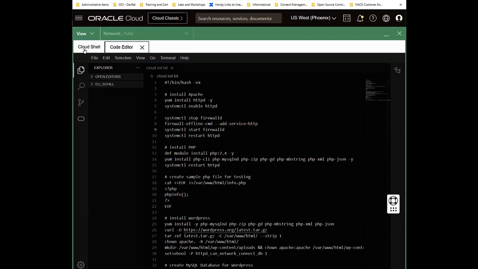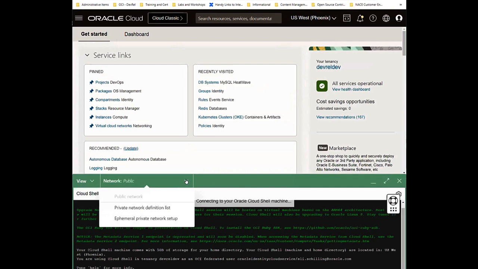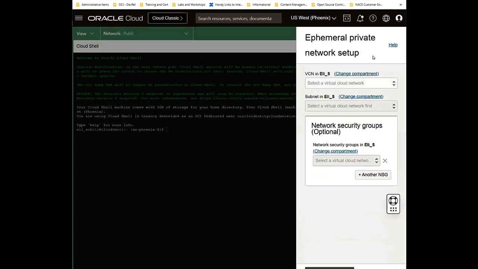But that's not what we're here to talk about just yet. CloudShell gives me a nice little terminal interface. It's a fully managed terminal that's inside of OCI. So the default is public, but if I wanted to, I could actually insert CloudShell into my private virtual cloud